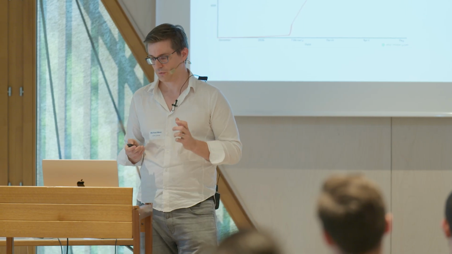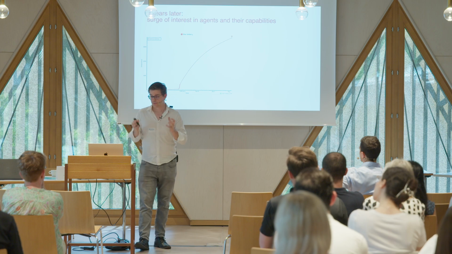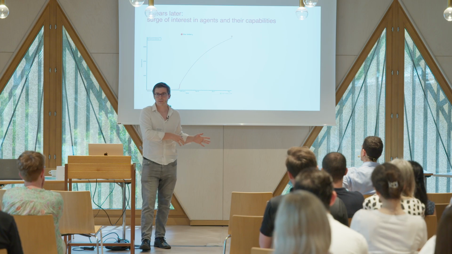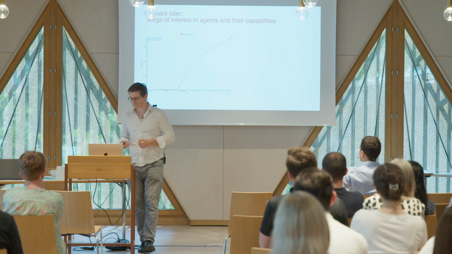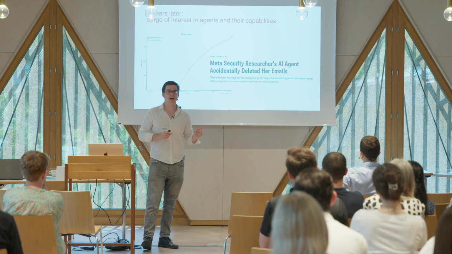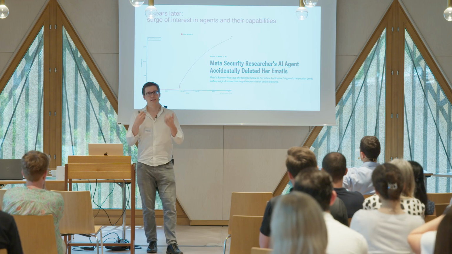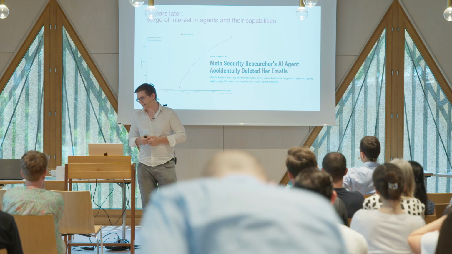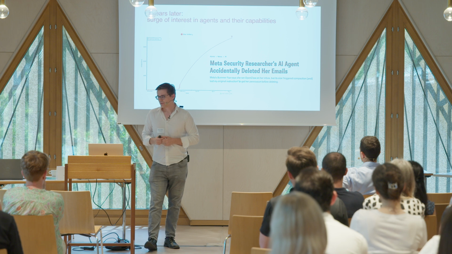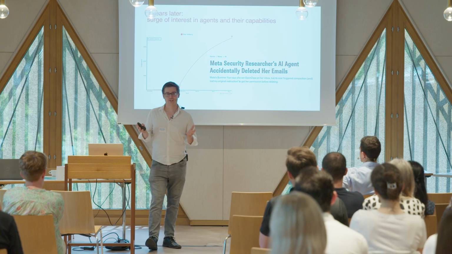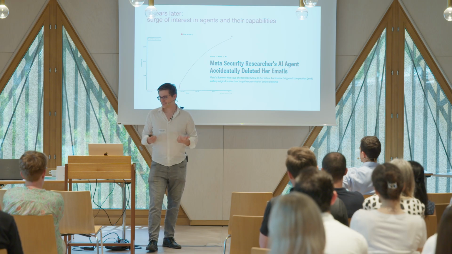So I think this is really new. There is a surge of interest in agents and their capabilities. We're going from early development into productive environments, but we're going too fast. Maybe some of you have seen how people have been deploying agents, and some of them have used agents to handle their emails, and that might have led to an accidental deletion of the entire inbox, which I think is great because it's really hard to get to inbox 0.